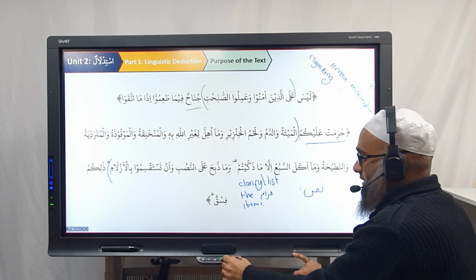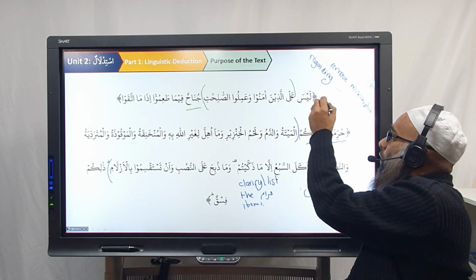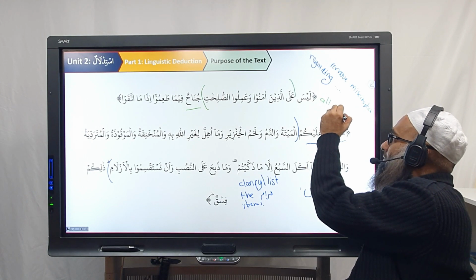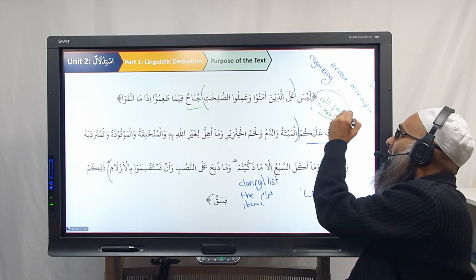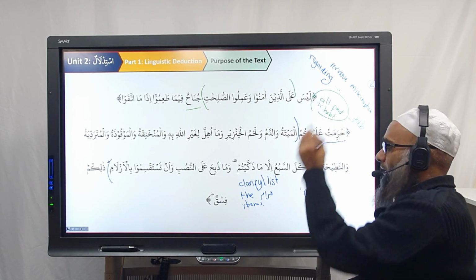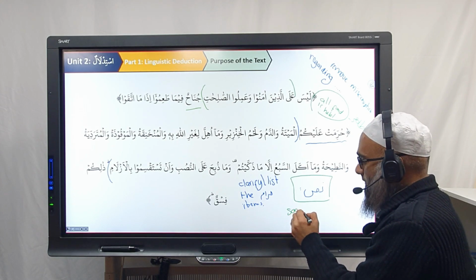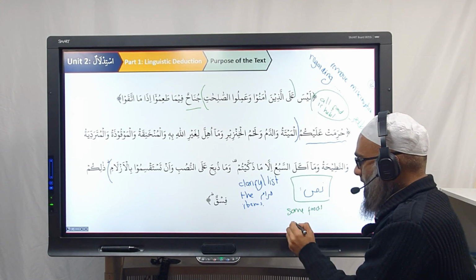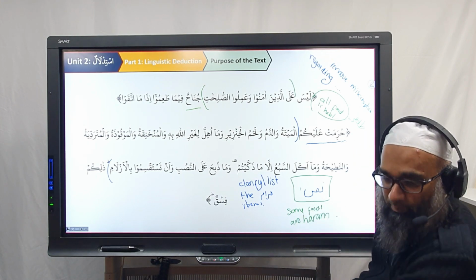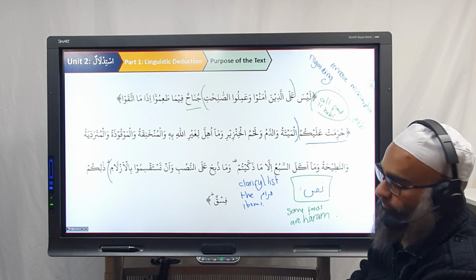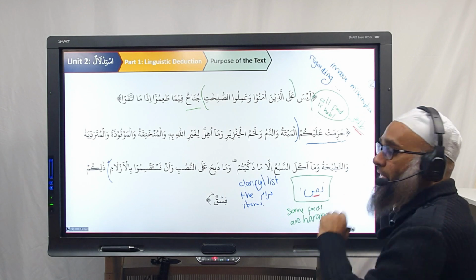Now, yes. So if you look at it here, we can say the ظاهر of the top verse allows all food to be halal. That's the ظاهر. All food is halal, as long as you have iman and taqwa. The ظاهر of this verse tells us all food is halal. And the nas of this verse says what? Some foods are haram. We have a tanaquz, a contradiction, as we've done in mantiq, between the two of them. So the ظاهر is telling us one thing, and the nas is telling us another.